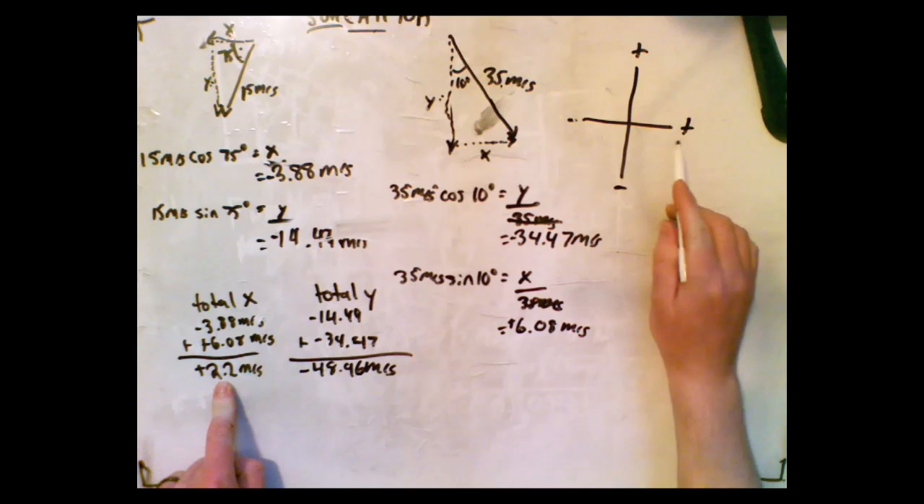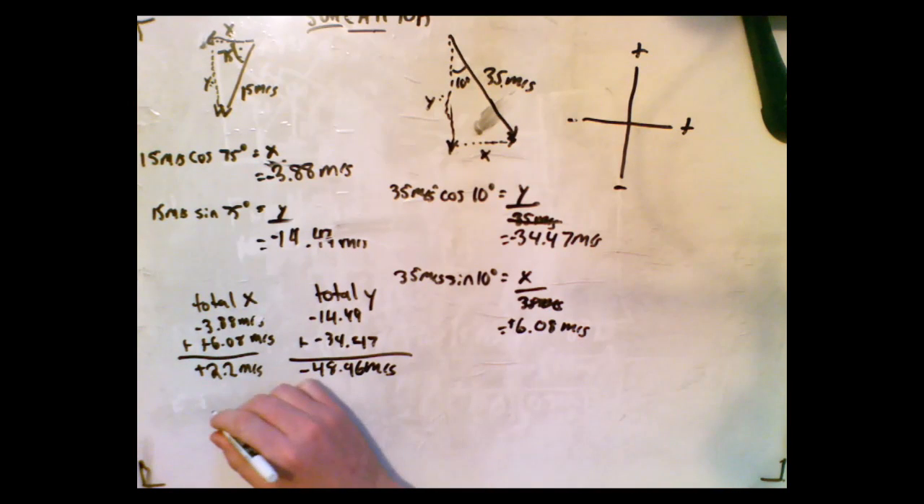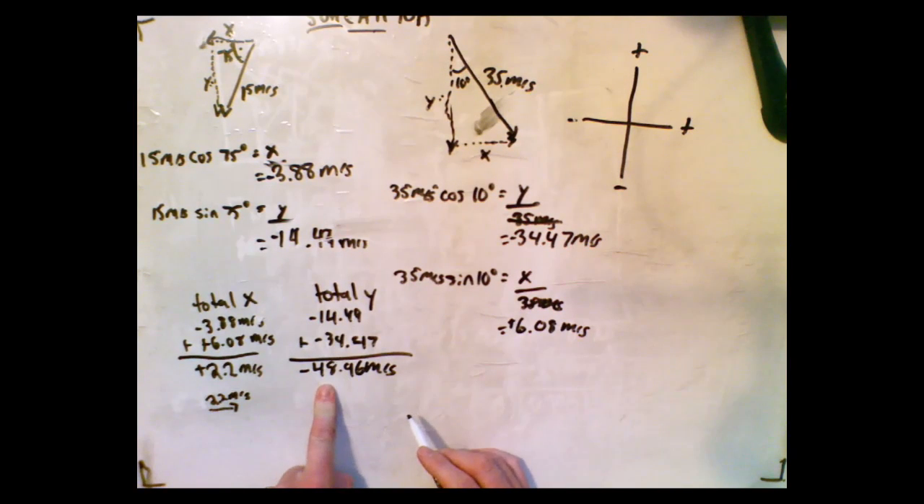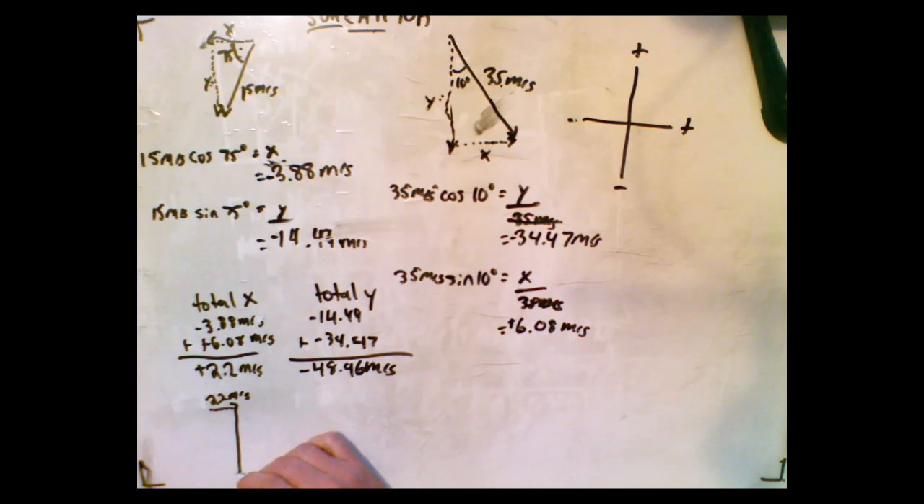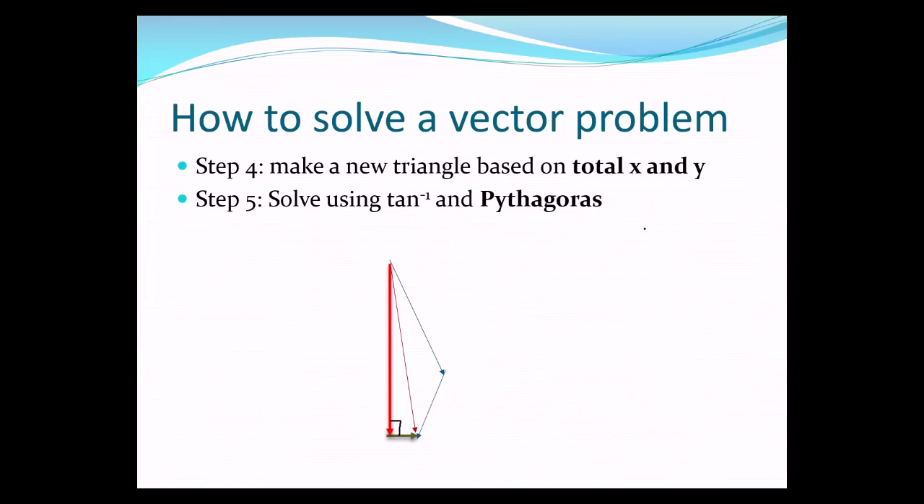So it's positive, and we said positive goes to the right. So I'm going to go to the right 2.2 meters per second. And this one's negative, and negative means that we go downwards. So I'm going to draw this as negative 48.96 meters per second. And this is my resultant, right? This is my total. That's what I'm trying to find. So our last step